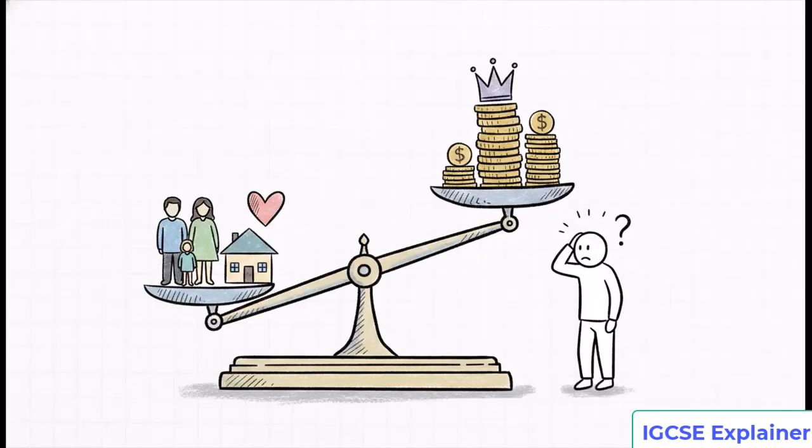Which leaves us with a pretty heavy final thought to ponder. We've traced the whole economy, right? From the primary extraction of raw materials, through the manufacturing of the secondary sector, all the way to the massive service industries of the tertiary sector. We've seen how economies naturally evolve and how they try to balance private profit with the public good. But looking at your own country's economic structure, if it were to privatize its most essential, life-sustaining services today, who really profits tomorrow? It's a very delicate balance of power, profit, and public welfare.